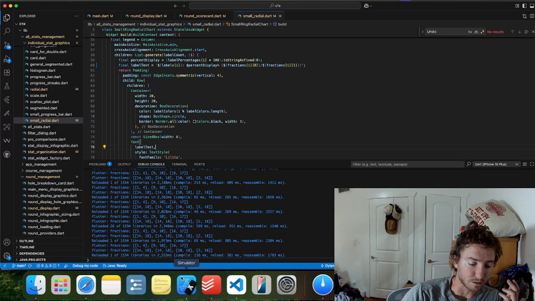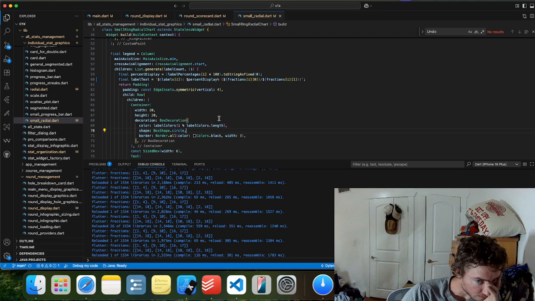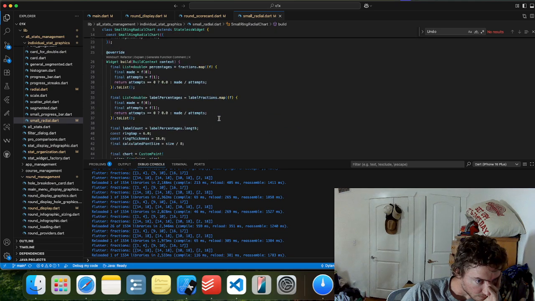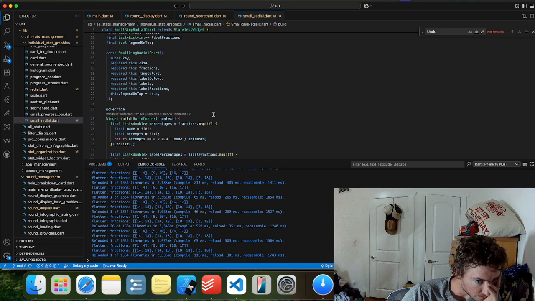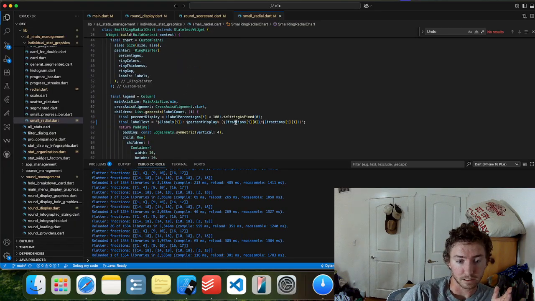Because I guess the fractions are being used for the rings, and this is the way they're set up. Oh, but I can do label fractions. Hold on.